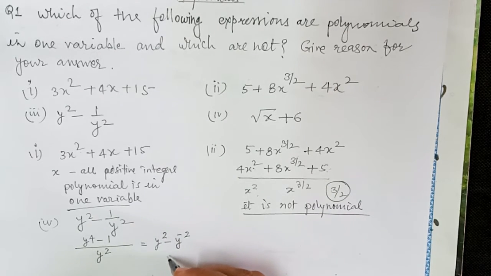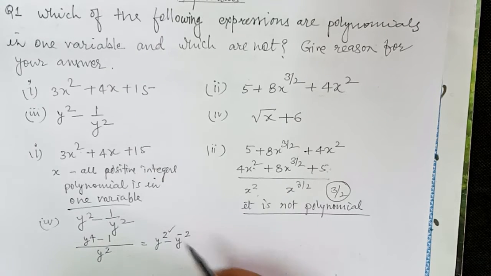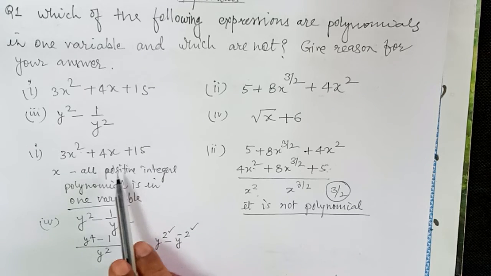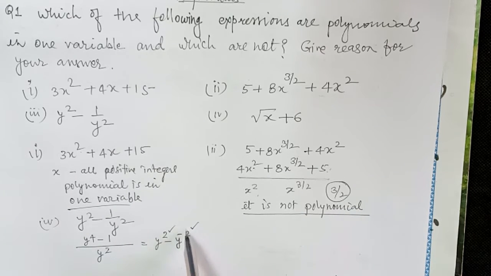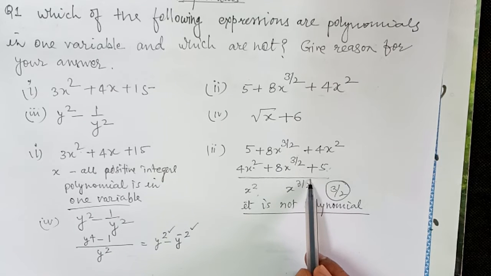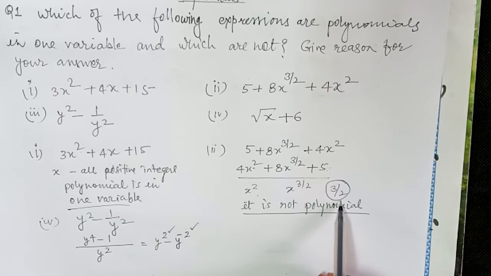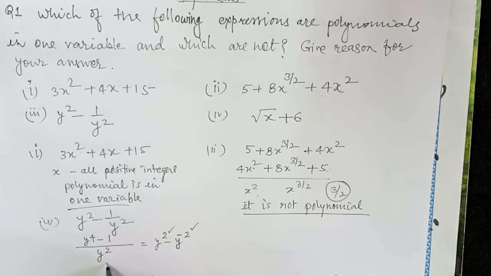Now if we go through this, अब यहाँ पे देखने के बाद हमको क्या लिख रहा है, इसकी पावर तो पॉजिटिव और इसकी पावर नेगेटिव हो. दो चीज़ें क्लियर हो गई. एक तो क्या है कि पावर नेगेटिव ना हो, दूसरा पावर फ्रैक्शंस के फॉर्म में, p बाई क्यू के फॉर्म में नहीं हो. So for this question also, it is not a polynomial.